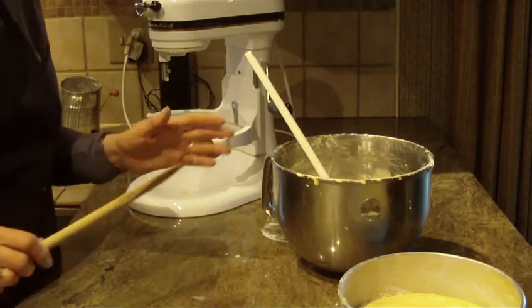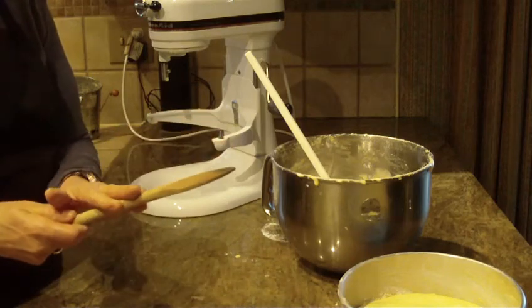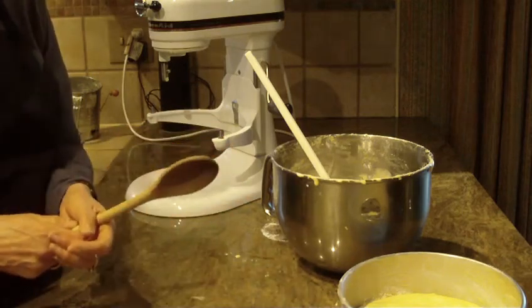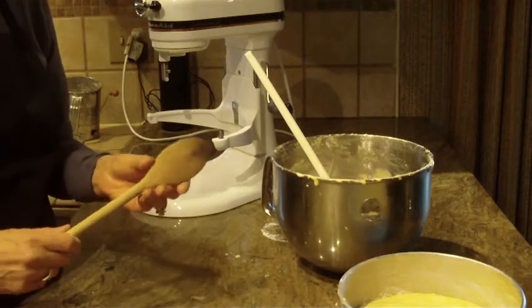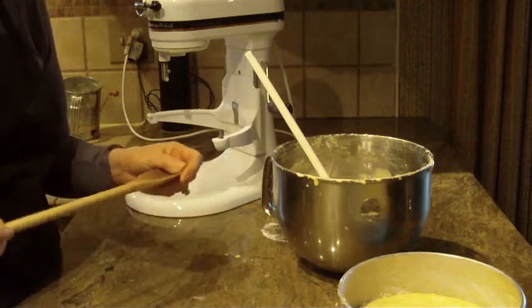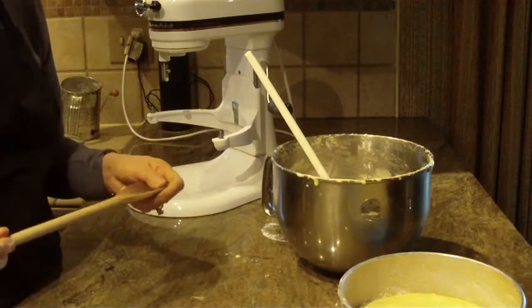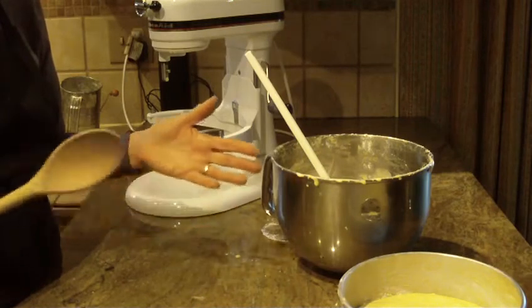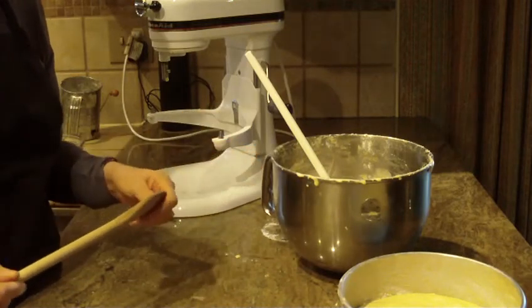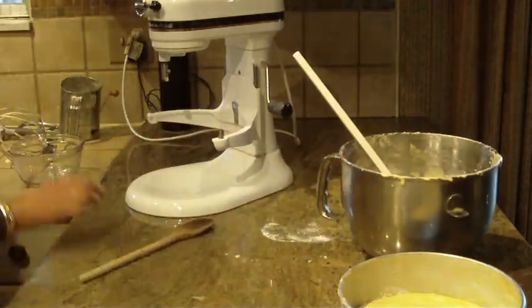So again, after it's thoroughly baked, shut the oven off. I like to keep my door open with a spoon, or if your oven door will stay open a little bit on its own, and let that cake sit in that oven that's been shut off for 10 minutes. Then you can unplate it, put it on a cooling rack, and then put it on a plate, that type of thing. Okay, let me rinse my hands real quick,